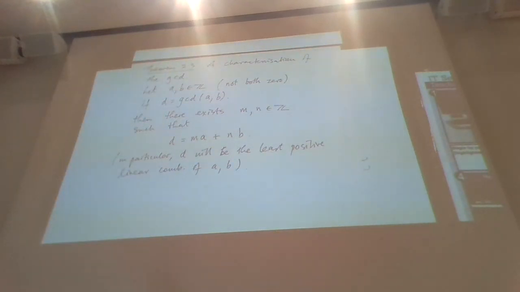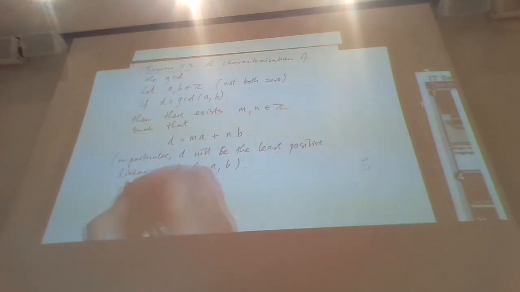But as I say, I think it's the first result we're meeting which is maybe a bit of a surprise or unexpected when you first see it. So why is it that the greatest common divisor of two integers happens to be a linear combination of the two, and a special linear combination, the smallest positive? Okay, so the proof works using induction in a sense, but it uses the well-orderedness principle,